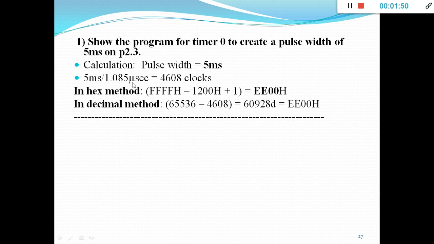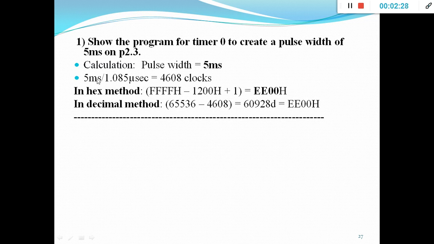So why is it 1.085 microsecond? It is a time period. So how did you get this time period? By using the crystal frequency, that is 11.0592 MHz divided by 12. When you do this, you are going to get a value of 900 something, that is the timer frequency. Using that you calculate this period. Whatever the timer frequency you get, you do 1 by timer frequency, and you get this time period, that is 1.085 microsecond, for that particular XTAL, that is crystal frequency.